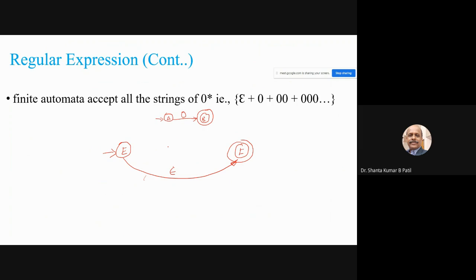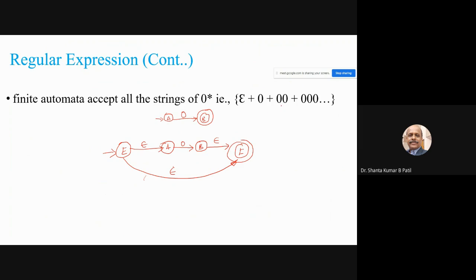Now, it has to accept the 0. That is why I am bringing the 0 in between the initial state and the final state. This state is A, this state is B. So we are joining the initial state and the final state without disturbing the regular expression. Hence, you can use the epsilon transition: epsilon here, here also epsilon, here also epsilon. Now it is accepting epsilon 0 epsilon, so a 0 is accepted.